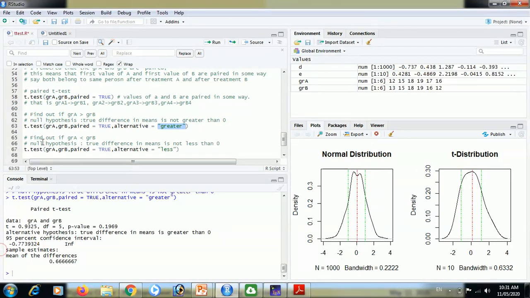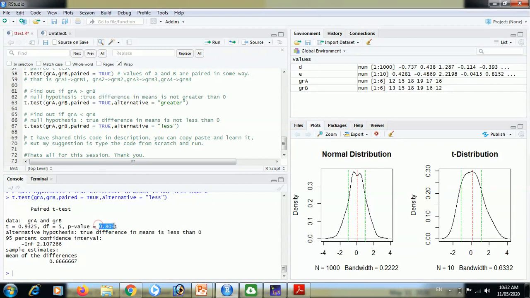Okay? In another test we will use, there we will change this alternative to less. All other code is the same. t.test group A, group B we have provided, paired is equal to true we have provided, and alternative, here we change greater to less. And our null hypothesis is true difference in means is not less than 0. We will run it.